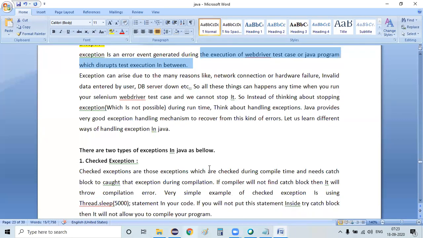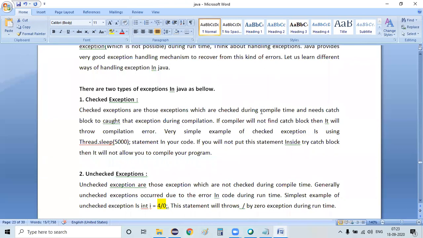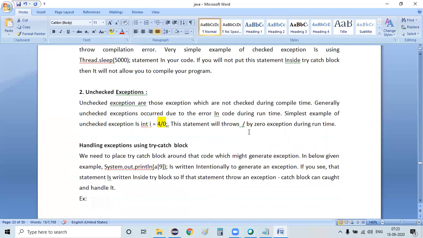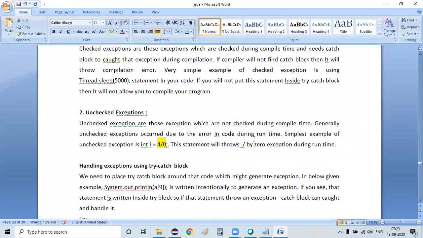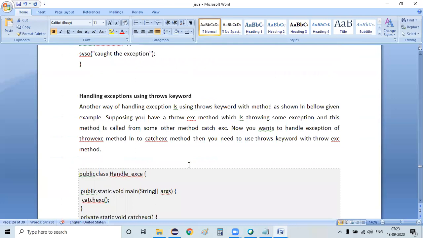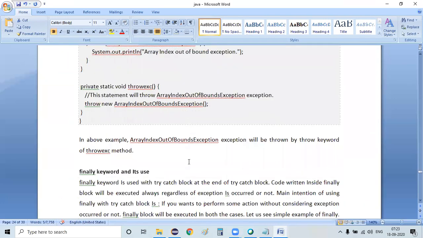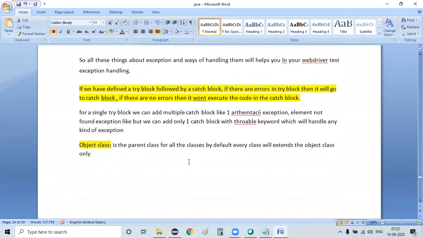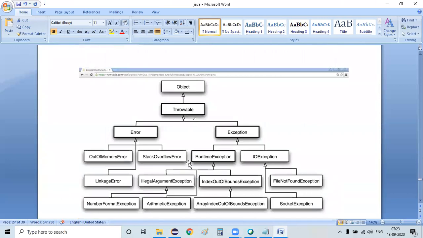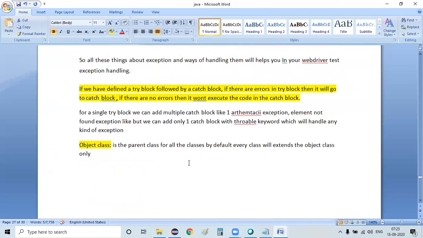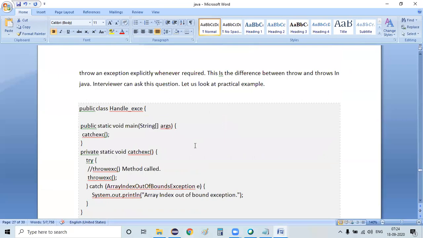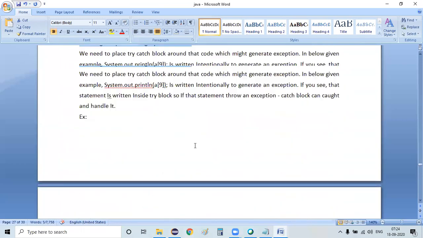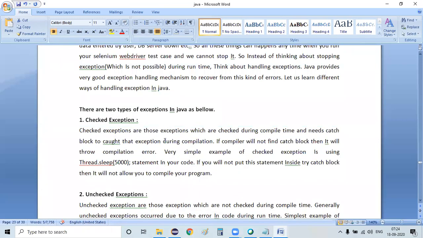There are two types of exceptions in Java as shown below. One is checked exceptions, and another is unchecked exceptions. How we are going to handle the exceptions is going to be a different thing. And there is even a flow of how exactly the exception hierarchy works. We will see that flow moving ahead. But here I can show you this particular point, which is what is a checked exception and what is